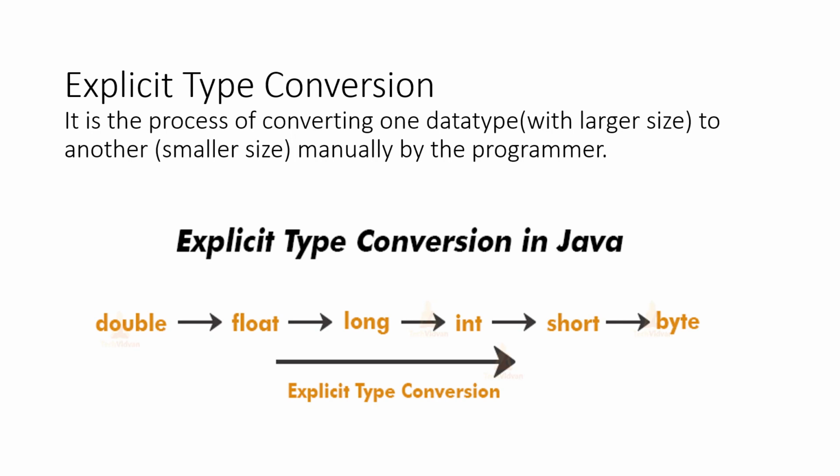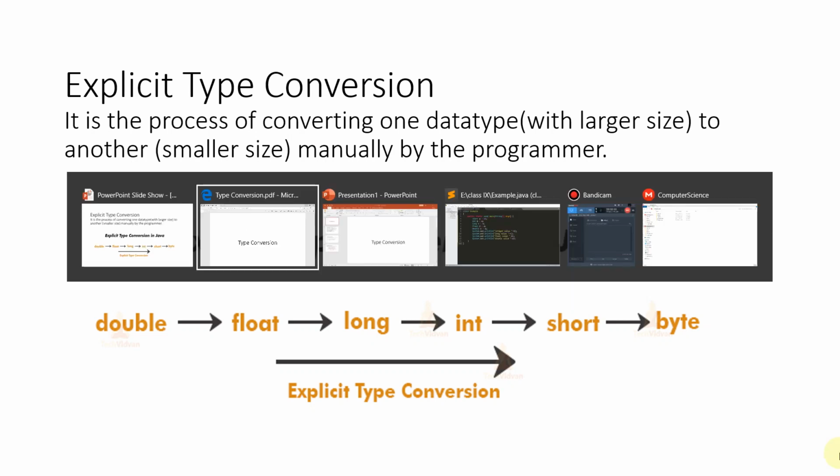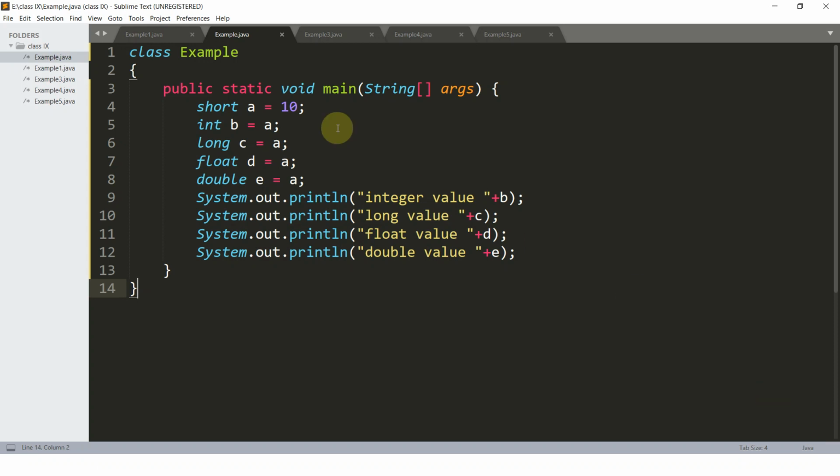In explicit type conversion, it is the process of converting one data type with a larger size to another with a smaller size manually by the programmer. Manually, or we can say forcefully. So explicit type conversion in Java is that double can be converted to float. Further, it can be converted to long. Long can be converted to integer. Integer can be converted to short, and short can be converted to byte. Now here we will see the very first example,